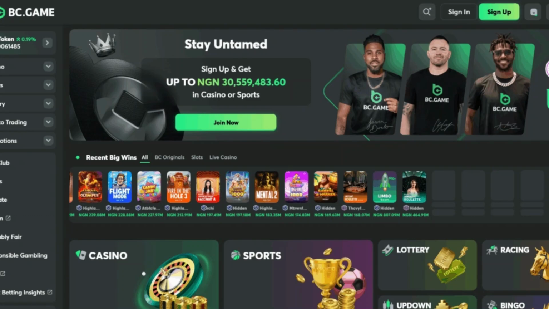How to redeem bonus code in bc.game. Now in this quick video, I'm going to show you two specific ways for you to be able to redeem bonus codes in bc.game. So the first method of doing it, if you haven't created an account, all you have